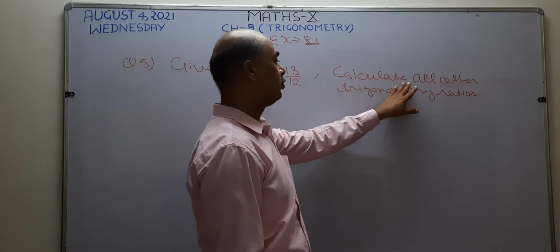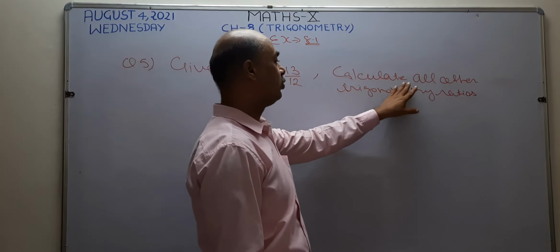So the 5 trigonometry ratios are: one is sin theta, second is cos theta, third is tan theta, next is cosec theta, and secant theta is already given. The last one becomes cot theta. How do you find the value of sin theta? P by H. How do you find the value of cos theta? B by H. Tan theta is P by B. Cosec is the reciprocal of sine, so this becomes H by P. Now cot is the reciprocal of tan, so this becomes B by P.